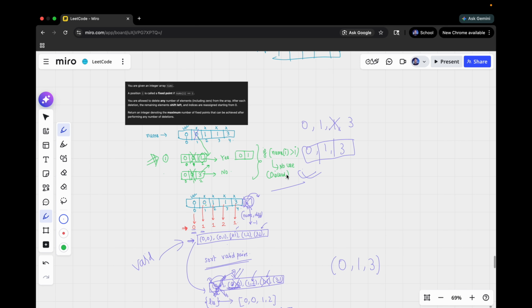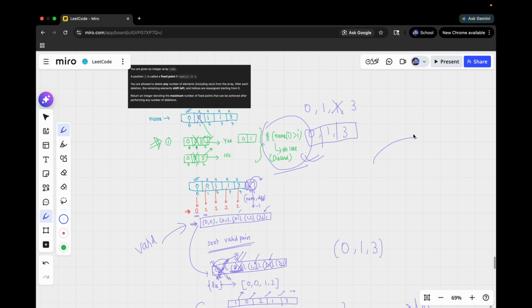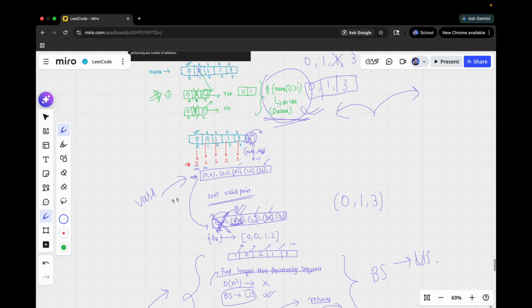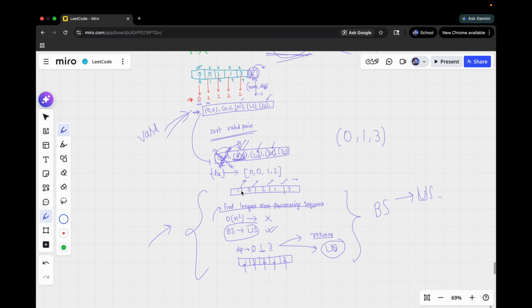So the main part was figuring out which to keep and which to not keep, because an element can't move to the right, it can only go left, because only deletions are allowed, not insertions. So this was the main part. And once this was formed, after sorting, it just boils down to binary search using the LIS variant. So yeah,